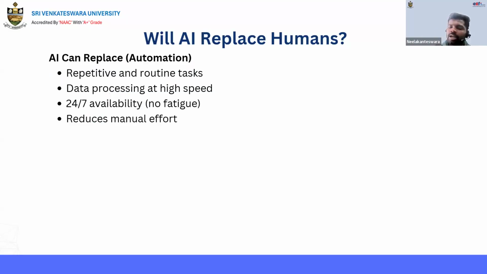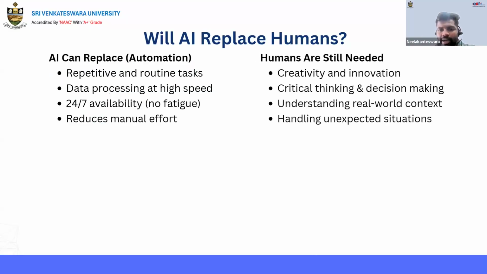Human intelligence is still needed. Humans are still needed for creativity and innovation, critical thinking and decision making, understanding real-world context and making predictions accordingly, and handling unexpected situations.